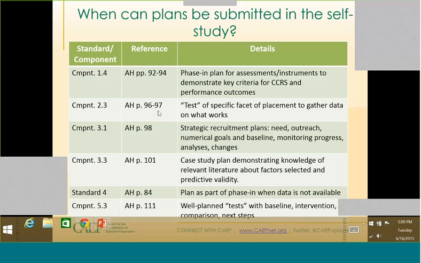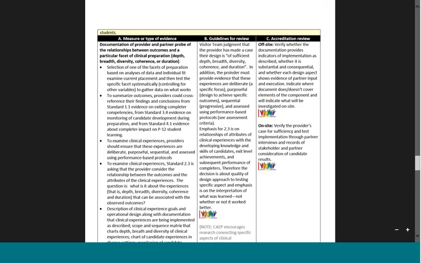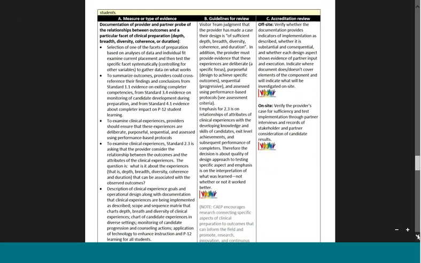There we go, 96, 97, right there. As you can see here, at the very last bullet in the first column on the measure or type of image, and the very first bullet, it says selection of one of the facets of preparation based on analyses of data and individual fit to examine current placement and then test that specific facet systematically to gather data on what works. And so what CAEP is suggesting here is that you can submit a study of that,